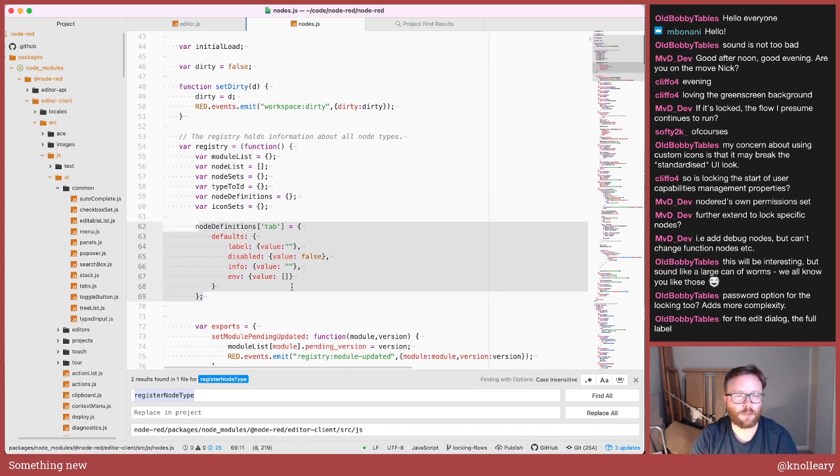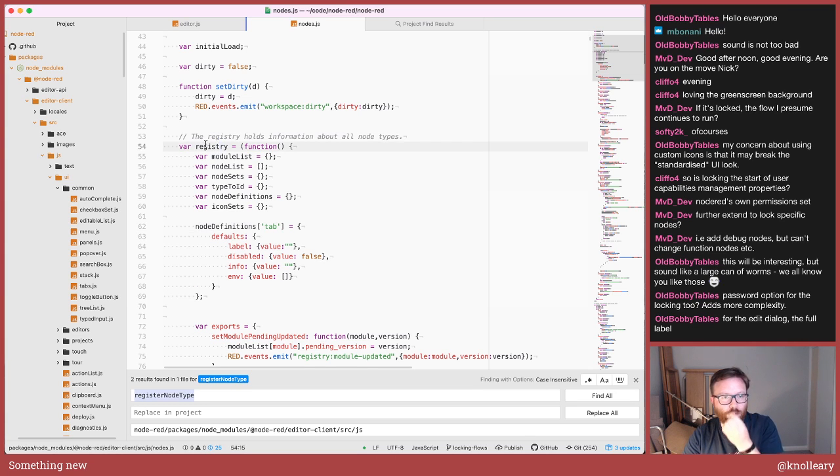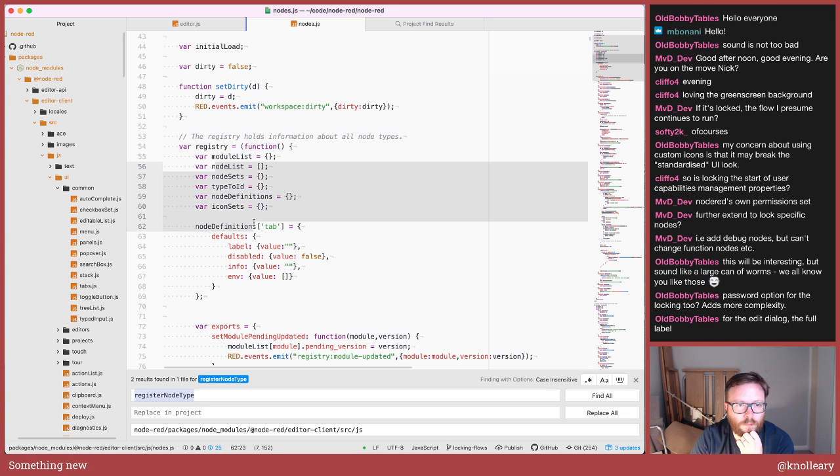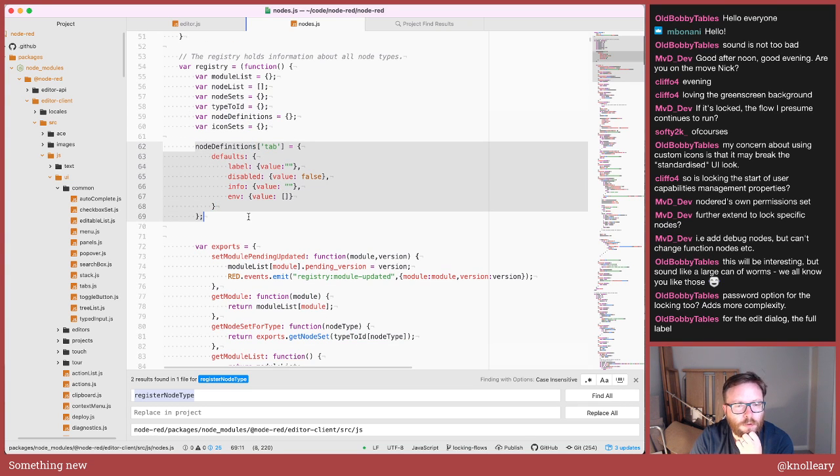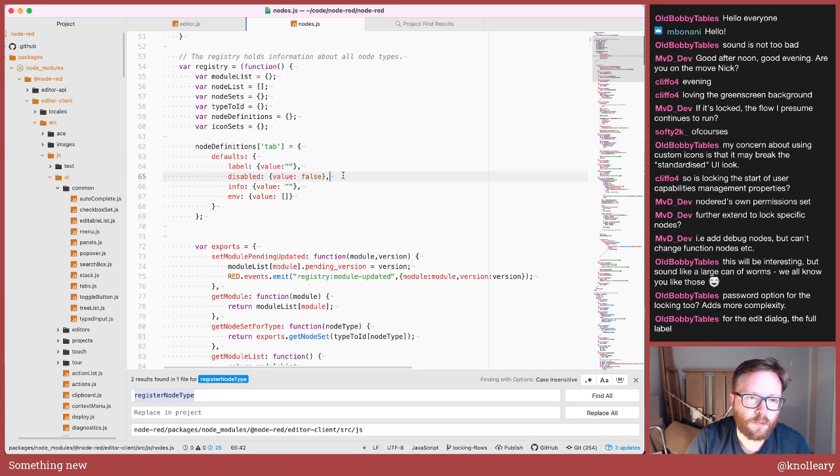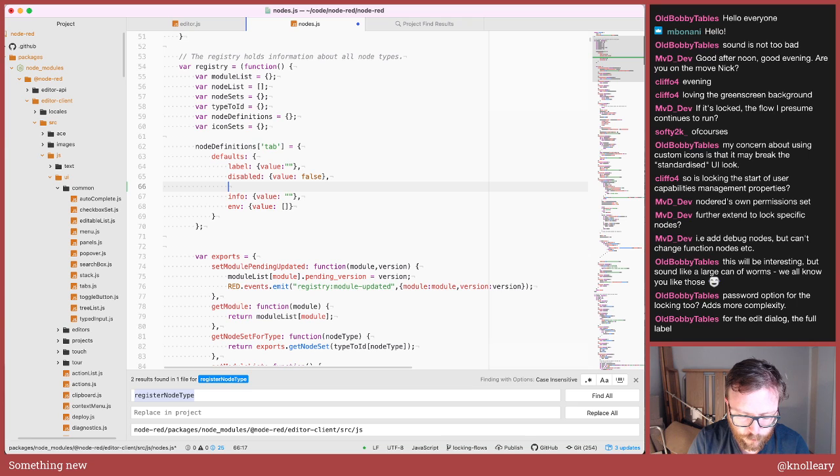But here we go. But I've stumbled over it. So this is the internal registry. This is what, when you register nodes in the editor, this is where their information gets stored. And you can see here, rather than call an API, we just stick it in the registry, it has hard-coded in a definition for tab. And here you can see the properties it has. So what we're going to, we've got two choices. We could just add locked here and call it a night. Because by adding locked there,